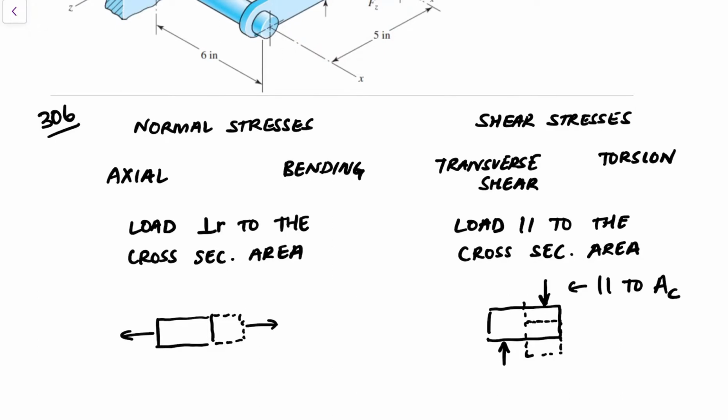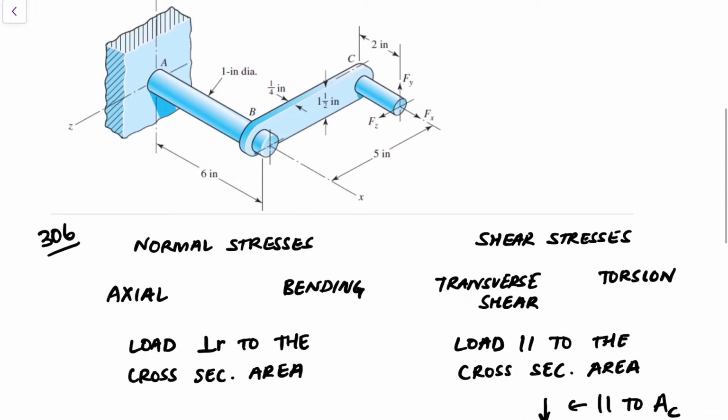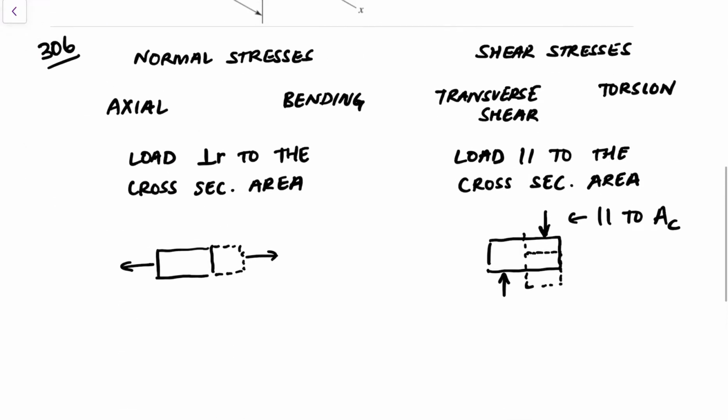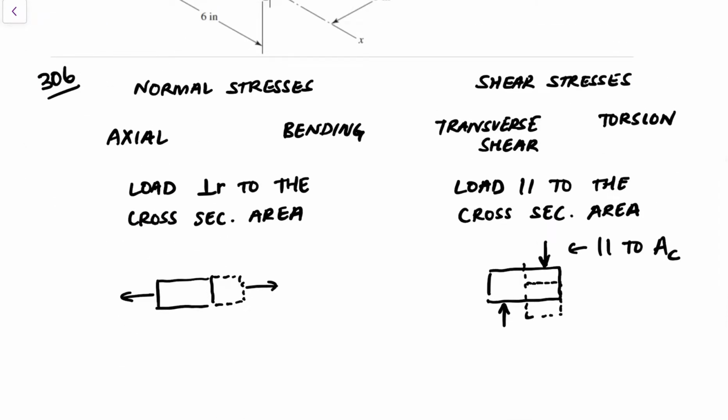So what we can do now is figure out from all these forces what each force gives rise to. So for example, does Fx create both axial stresses and bending stresses in AB, or just shear or just torsion? That's the next step. So let's look at axial first. So what I'm going to do is tackle axial, torsion,